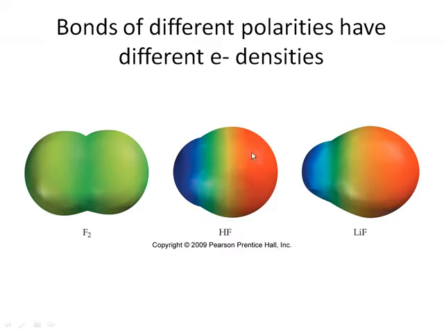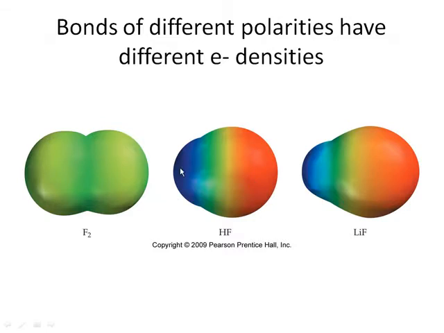And this red is showing me that, and we can also just see in terms of size, I'm getting a bigger size out here and a smaller size out here. My electron density has moved this direction. So I've got a partial negative on the more electronegative element, which is fluorine,